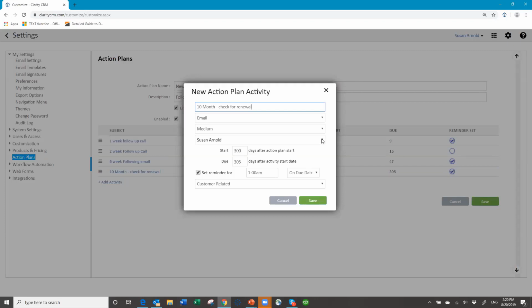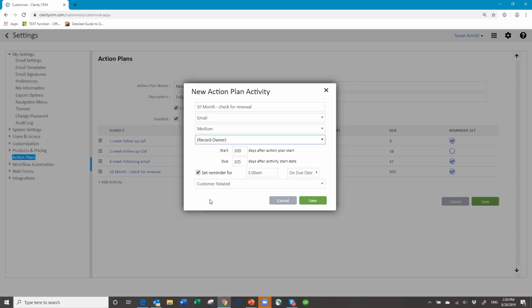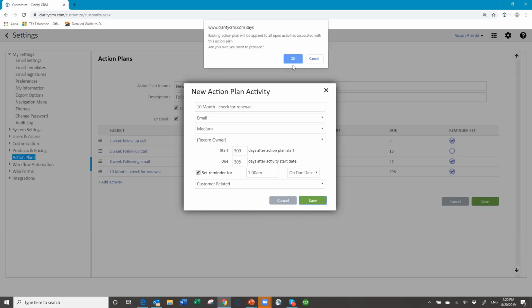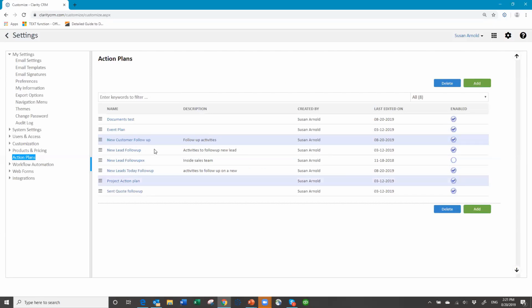So you can create your activities and assign them to the correct person so that person knows to do it. In this case, this is all going to be to whom the record belongs so that it's assigned to the right person, okay? So I've just switched those. So I have this one already set up, and again,